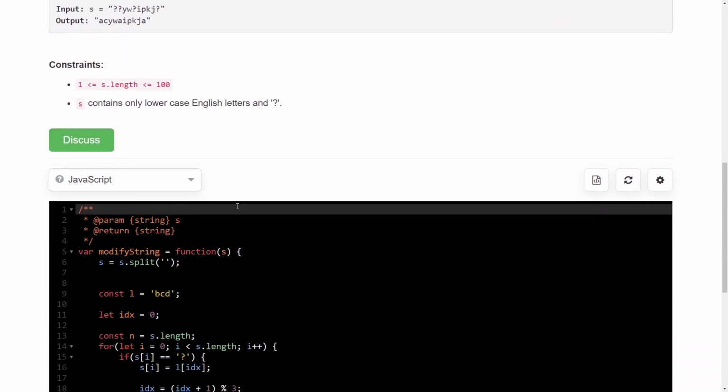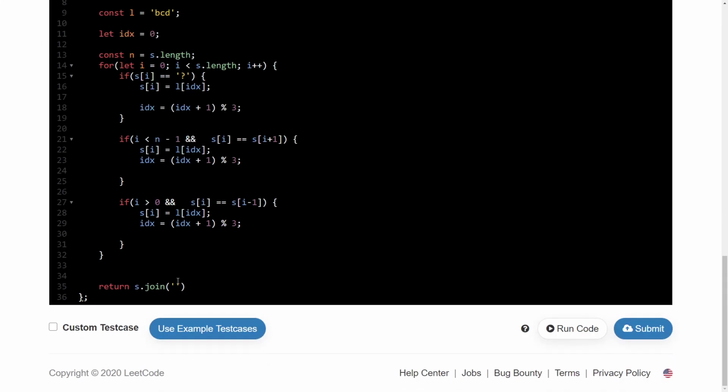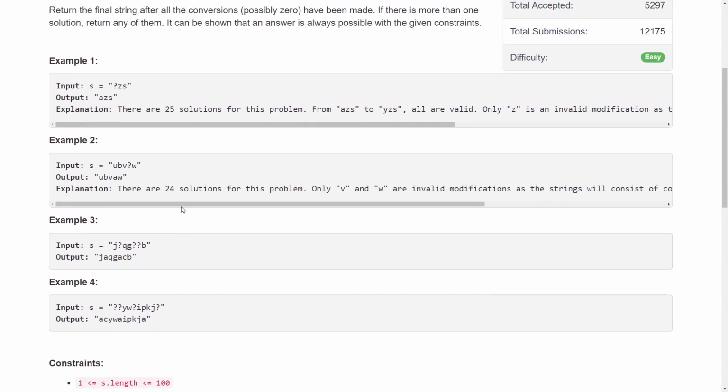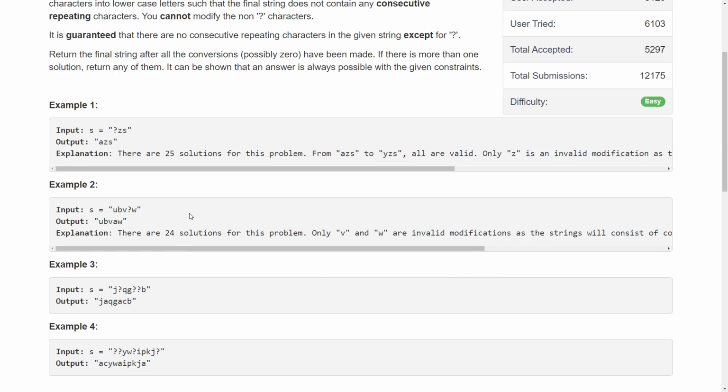So how I solved it is, I observed that there can be at max two neighbors for a question mark. So I need to check only those two neighbors, and I can put any value except those two neighbors. So what I will do, I'll start from left and keep checking for both neighbors.